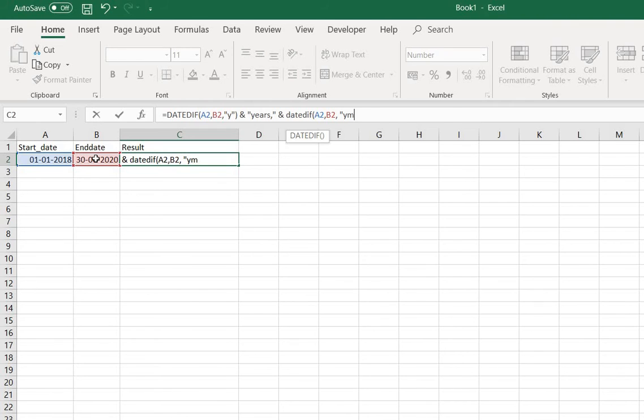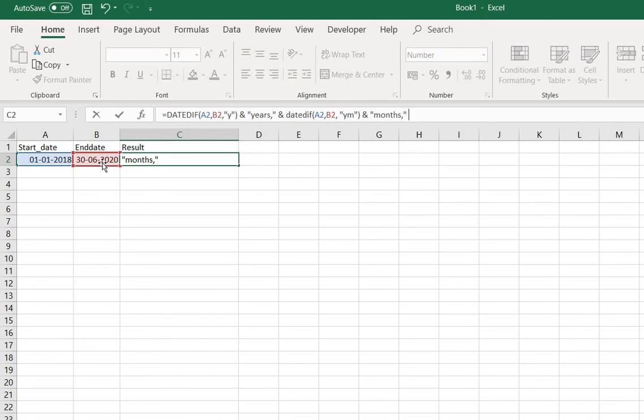YM means for how many months have passed in the last year. Like in this example, the end date is in 2020, so it shows how many months have already passed of the last year, that is 5. Then it will show the result as 5 months. So that is the function of this operator YM. Then you have to close the bracket again. This is my months.